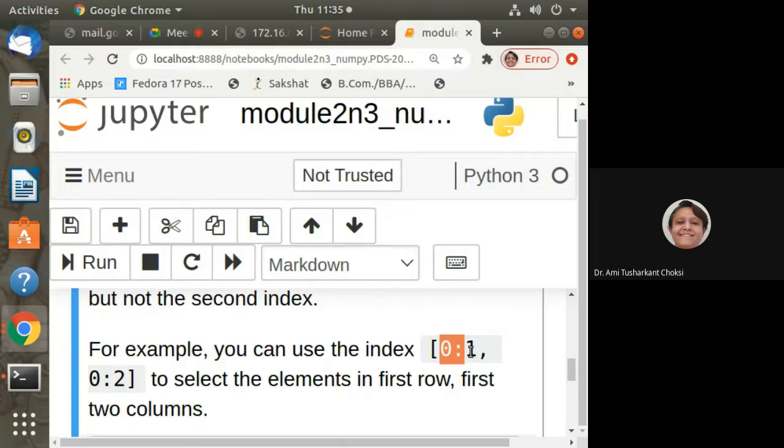So this is for first row and this is for first two columns. Why first two? Because it will consider 0 and 1. 2 will be excluded. So 0 and 1. So we'll be having the elements from first row and first two columns. Clear? Right? Okay.